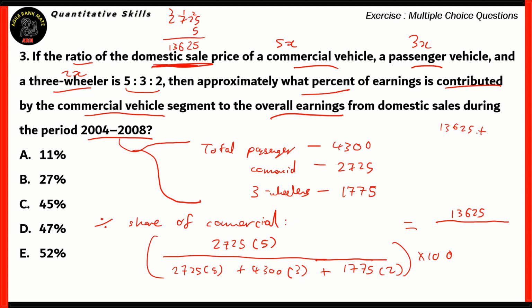Plus, next we have 4,300 times 3. So basically that's 43 multiplied by 3. 3 3s are 9, 4 3s are 12. So that's 12900. And finally for 1775 times 2 gives you 3550. We've already tackled that in one of the earlier questions. So the total denominator would be